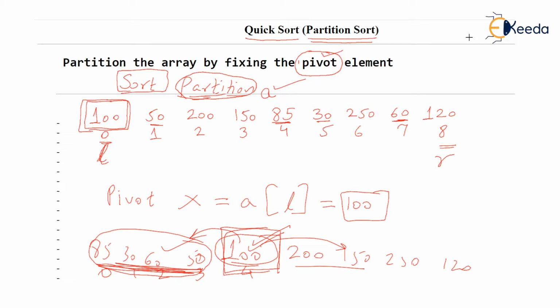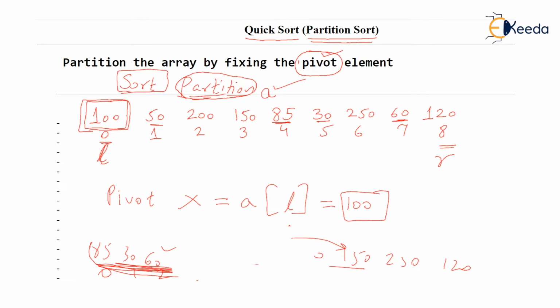The partition process simply takes a pivot element, and we have taken the leftmost element as the pivot. Let me tell you, most of the time we take the leftmost element, but there are some modifications to the partition process. We have the policy of taking a median, or of taking a midpoint, and other policies also to select the pivot. Now how do you fix this 100 at the correct place? I am explaining the partition process now.